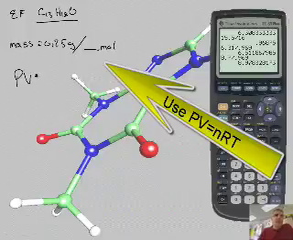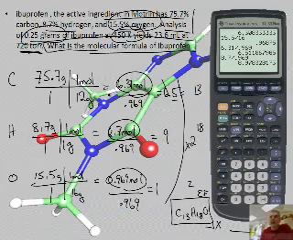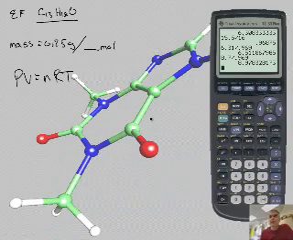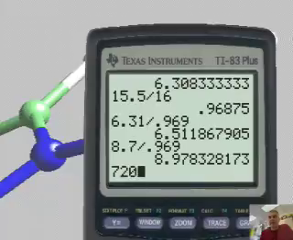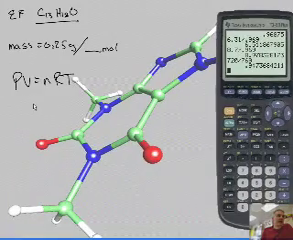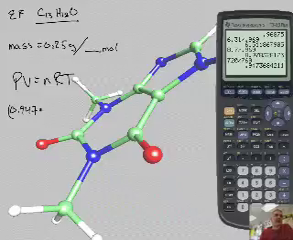So PV equals nRT. So what's my pressure? If you recall from the problem, it's going to be 720 torr. Now I'm going to double check. Was it collected over water? It doesn't say it was collected over water, so let me do that. If I take 720, I'm just going to do this quickly on the calculator. 720 divided by 760 gives me 0.947. That's my pressure